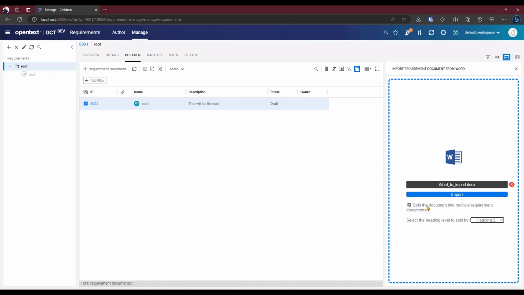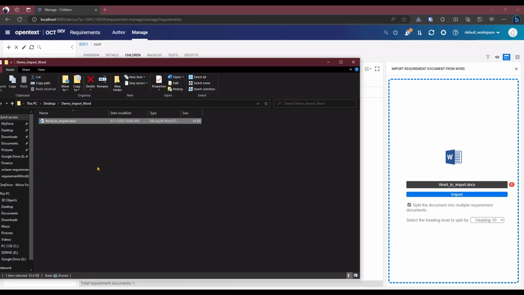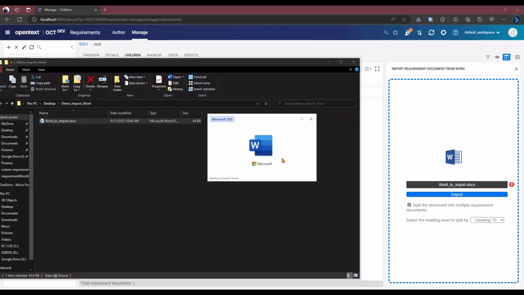So if we had heading 1, heading 2, it will create a parent-child structure. The heading 1 will be the parent and the heading 2 will be the child. And the same logic applies to all levels. We have a maximum level of heading 10. Okay, so in this situation, if we select heading 10, which is the maximum depth, we would have a tree structure, because if we look inside the Word document,